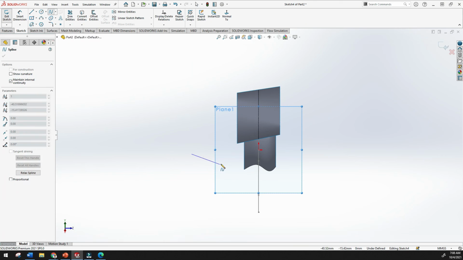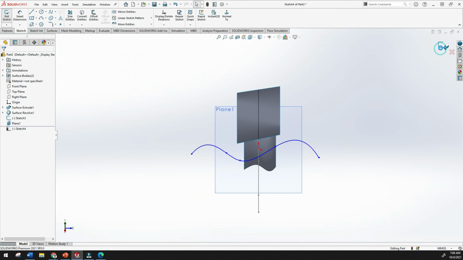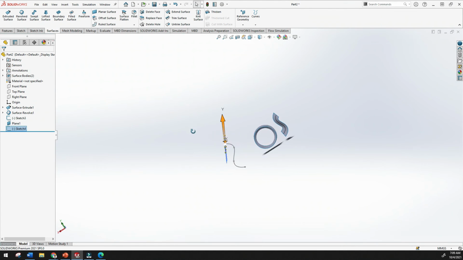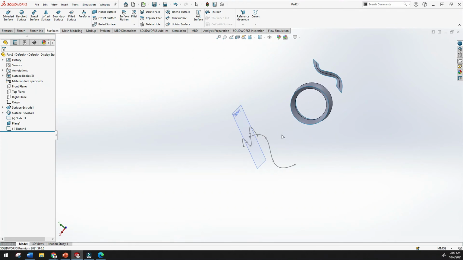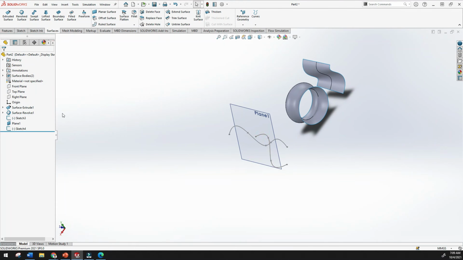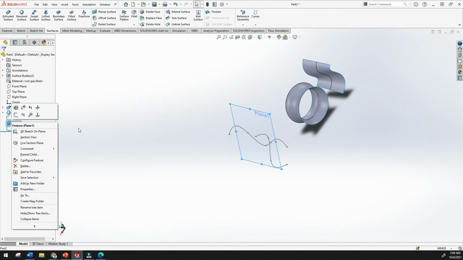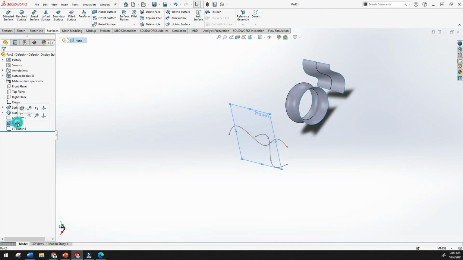You can use any sketch, but mostly I will use the spline because it will look very good. Escape, done, and here it is. You can connect these two lines also, or not, it doesn't matter. I will have two sketches. Just go to the plane, and here is the option hide. Okay, I hid the plane.